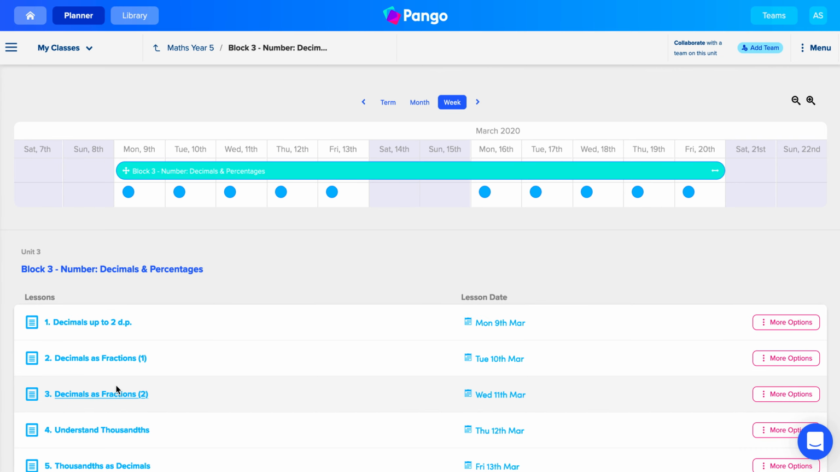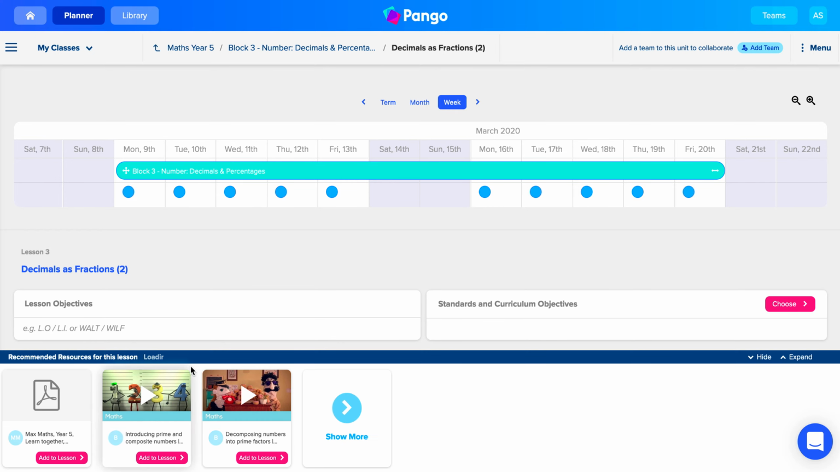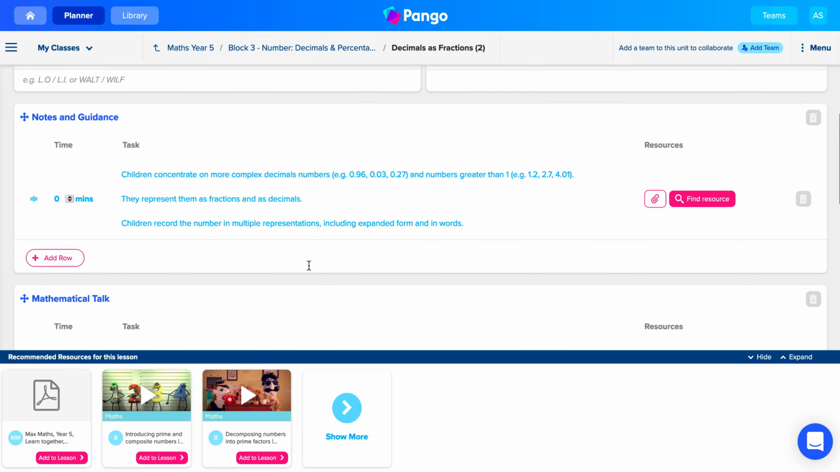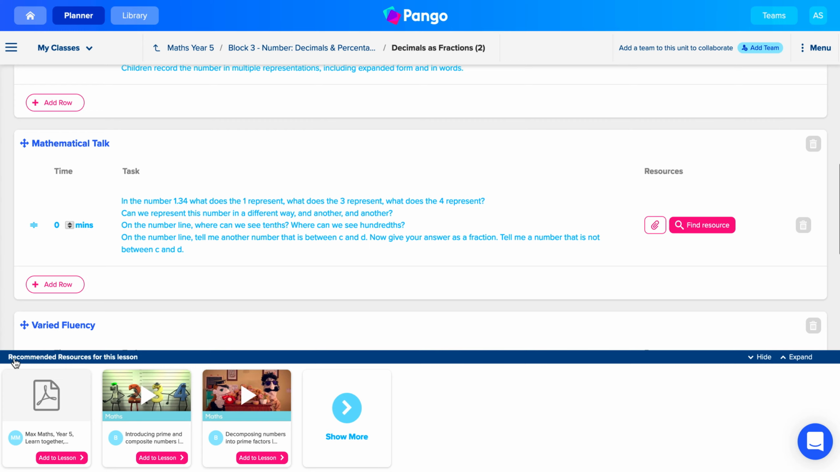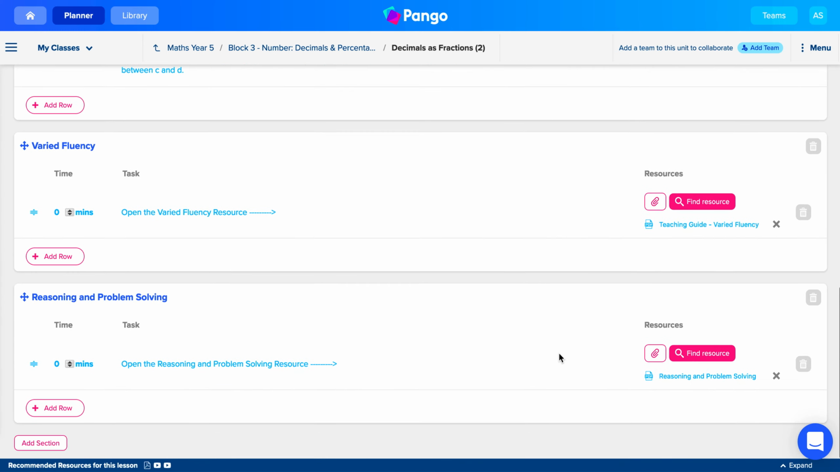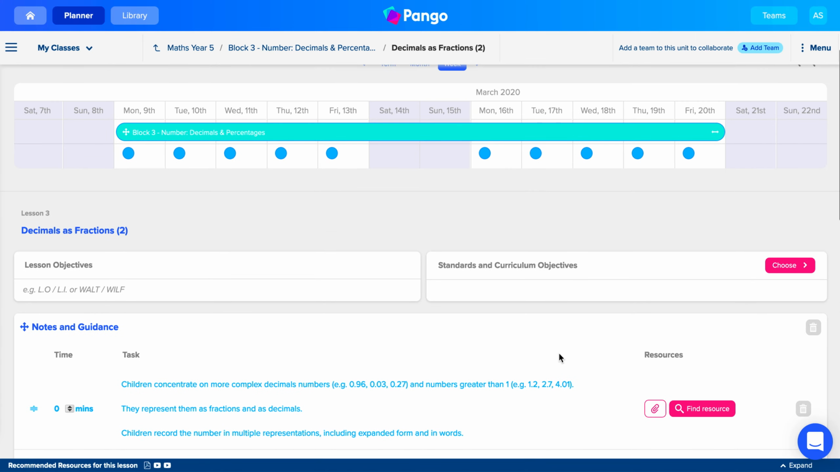and percentages. If I say look at lesson 3, fractions and decimals, I can see I've got my lesson planned out. I've got some great resources recommended for me here that I'll hide for the time being. But what I haven't done yet is aligned this lesson to my curriculum or tracked which standards I've hit or